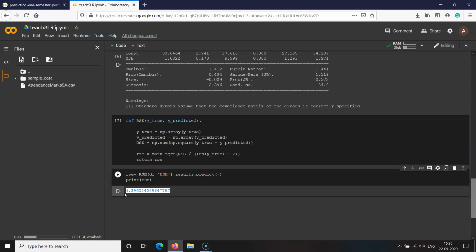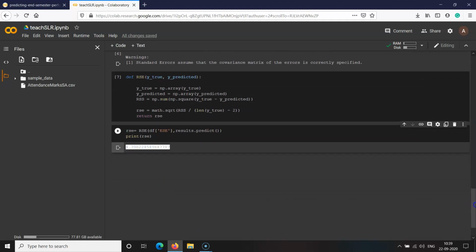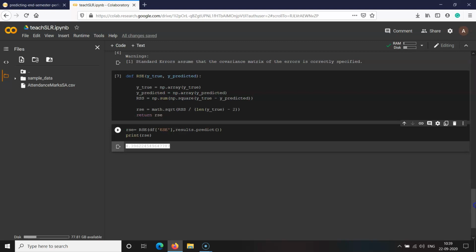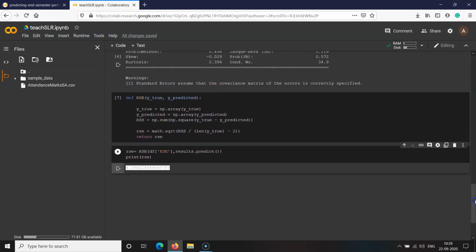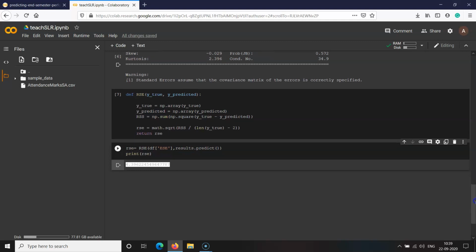And I think in our application, this error of plus or minus 4 is acceptable because it is not changing results drastically. An error which is not acceptable would be plus or minus 15 or plus or minus 20, because it changes the class of the student. It may predict a passed student as failed, or a failed student as passed. So our model is not doing that.